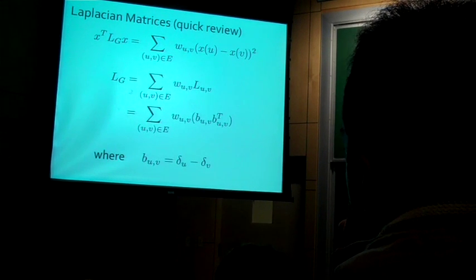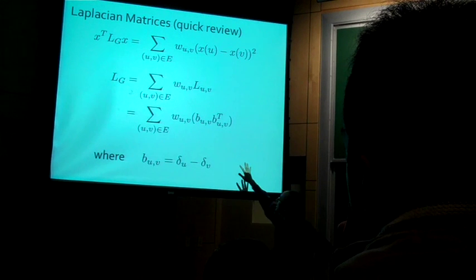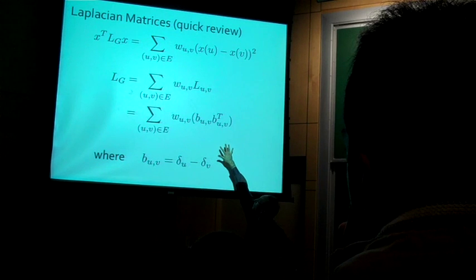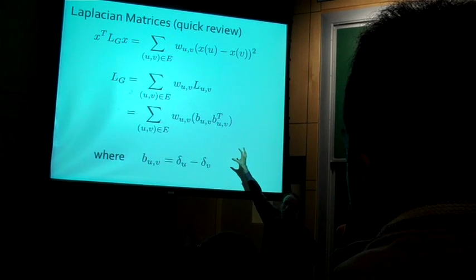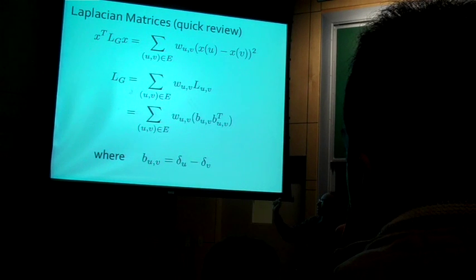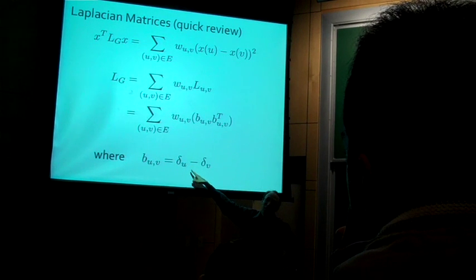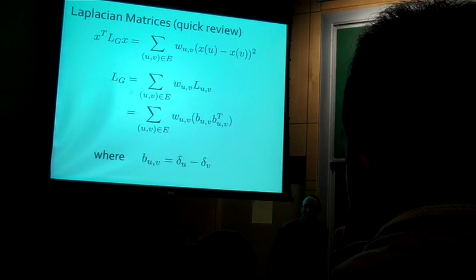You can do that in general. So we can just write the Laplacian as a sum, over every edge, of the weight of the edge times an outer product of a vector corresponding to that edge. To fix notation, my vector corresponding to an edge from node u to node v is delta u minus delta v, where by delta u, I mean the elementary unit vector in direction u. So 1 in position u, 0 everywhere else. I would use e, but e is always going to be an edge here. So we use delta. Okay, so I can write the Laplacian as a sum of outer products. That's going to be important later.